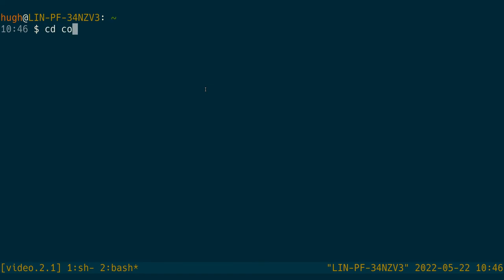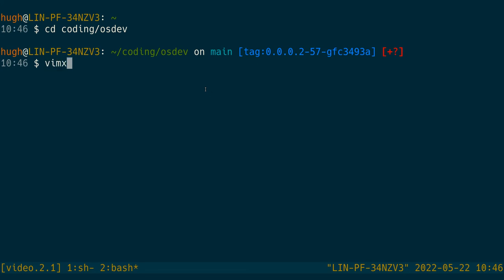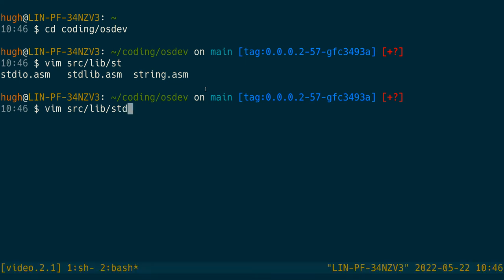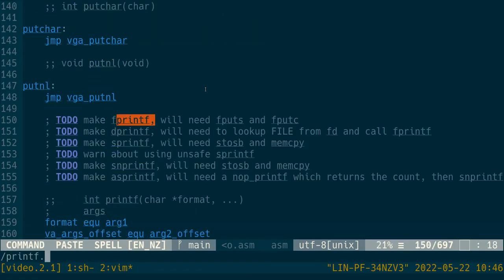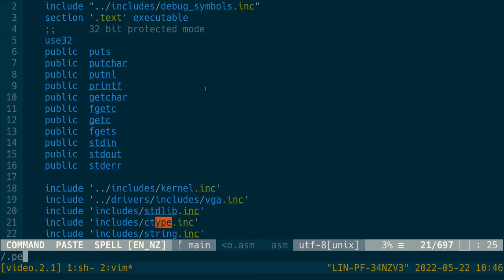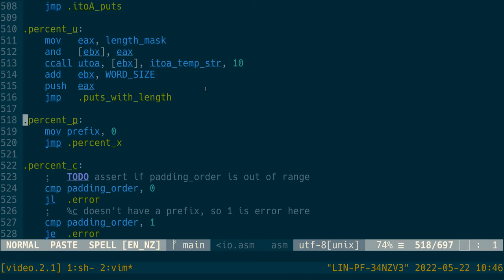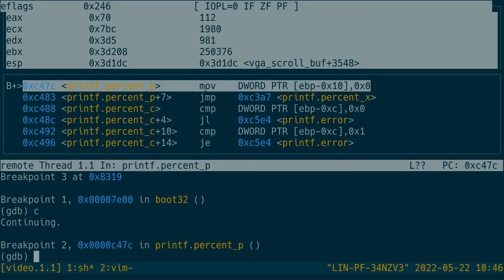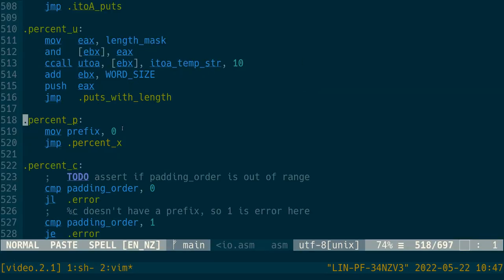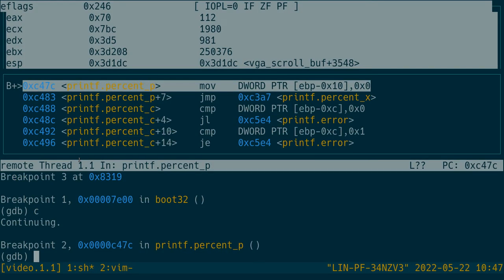OSDev. So that aligns quite well with the printf, actually no, just percent %b, and so that aligns with their move prefix. So that's the offset for prefix. I wonder if we can actually get that sort of stuff in at some point. And then we jump to %x. So that's pretty cool that we can jump right to where we need to, and we don't have to worry about